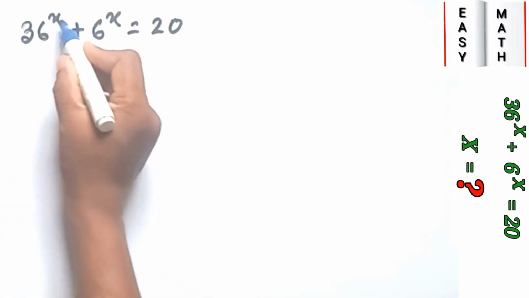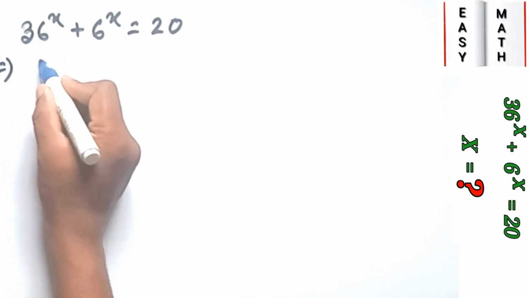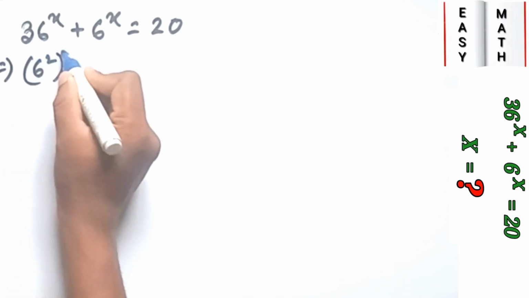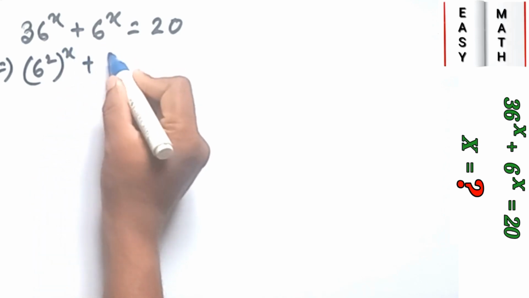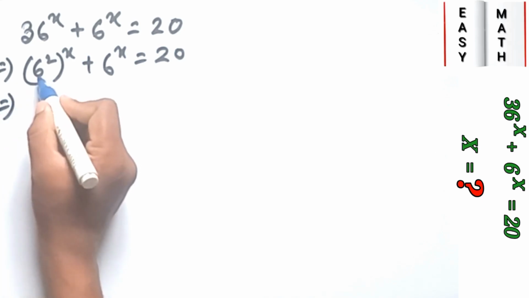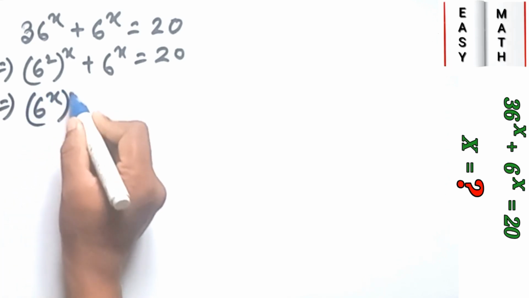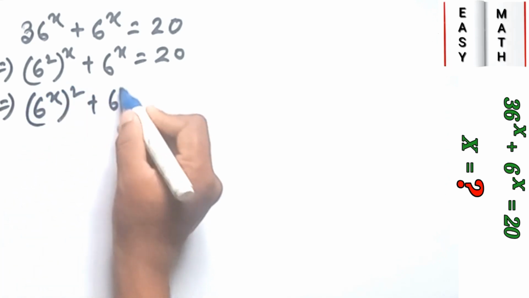From this equation, find out the value of x. First we can write 36 is equal to 6 to the power of x, and 6^x is 20. Now interchange this, so there is the x and there is a 2, and this is the x